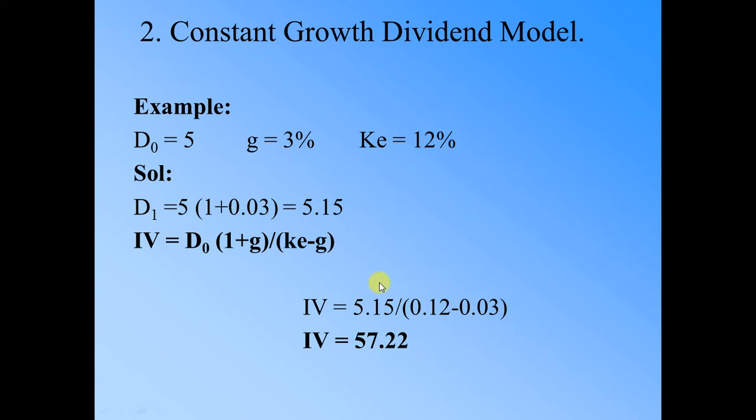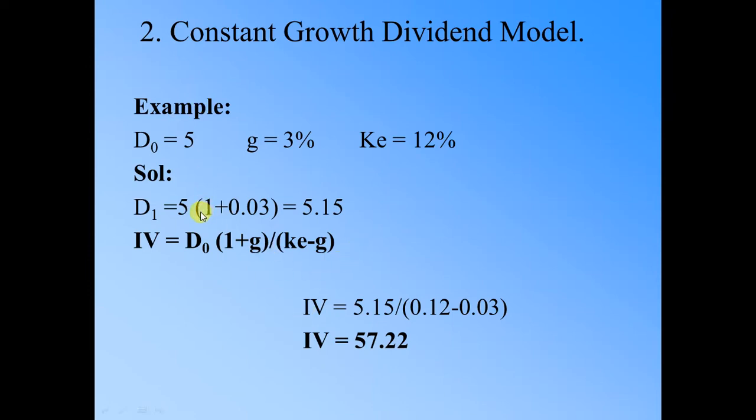So this is the example of the constant growth dividend model, if you are going to purchase a common stock forever. We can see that the current dividend is 5, the expected growth rate is 3%, and the required return is 12%. Here I didn't give the value of P3 or P4 because we are not going to sell it. So in this case the formula is,